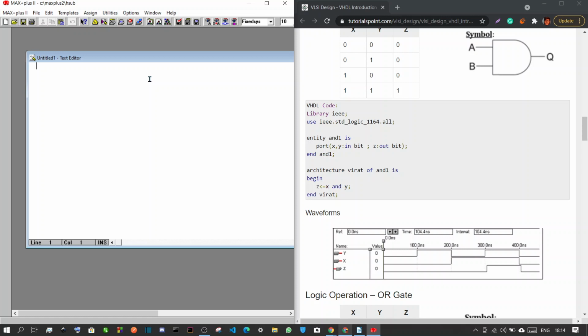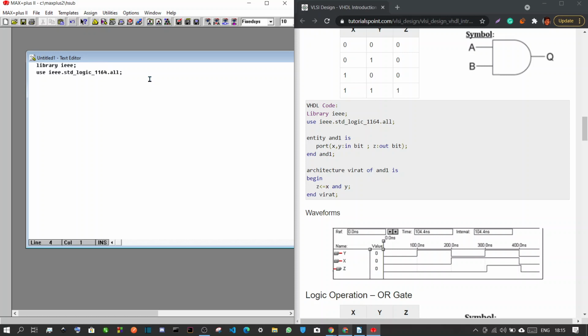First we'll import the library IEEE. Then we'll use another library IEEE dot standard logic underscore 1164 dot all.